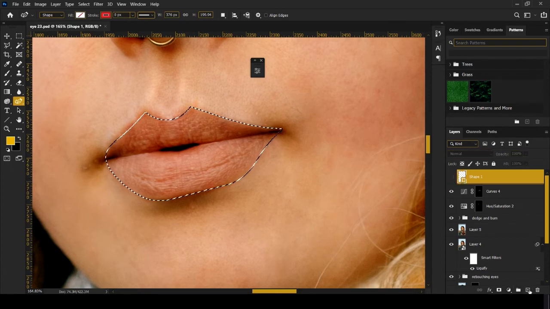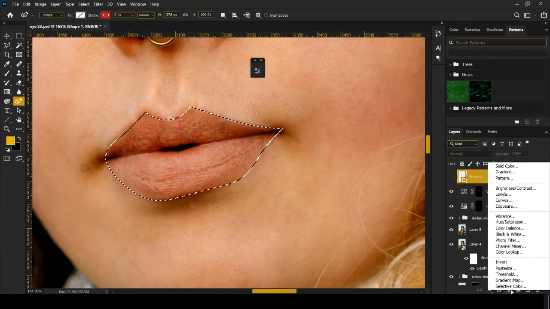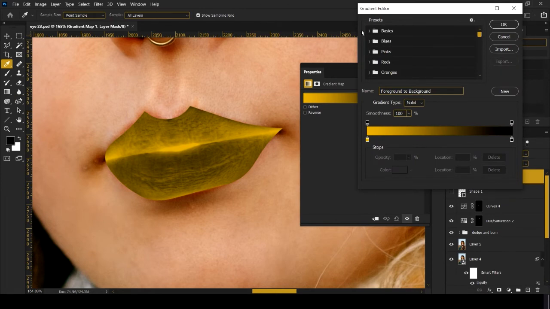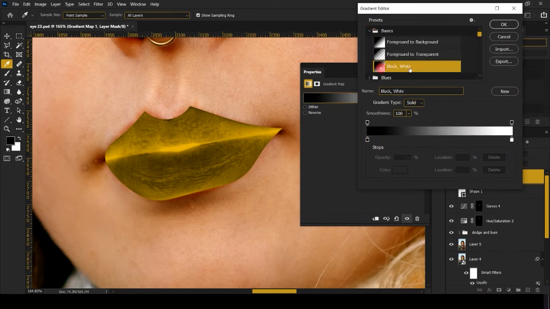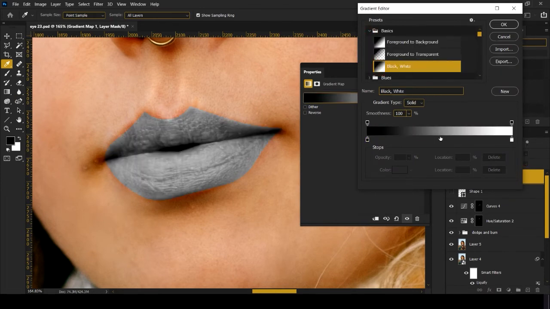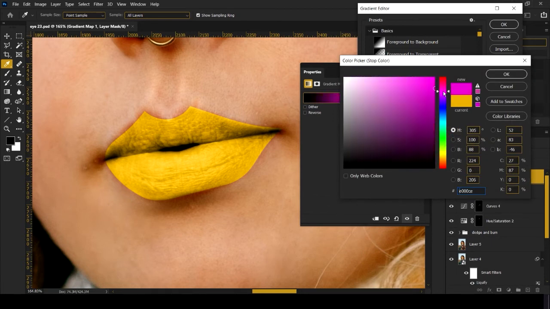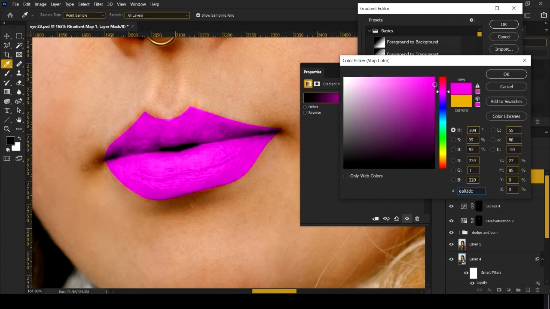Now turn off this layer, head over to adjustments and gradient map. In this gradient map we'll be first selecting black and white and then we'll click on a point here and change its location to 50. Luckily I had chosen it by chance. Then we'll select a color of our choice. See, it does not look good now, just wait and watch.